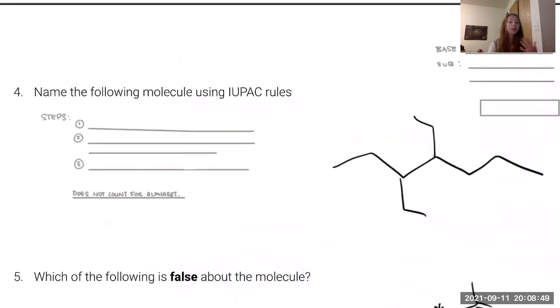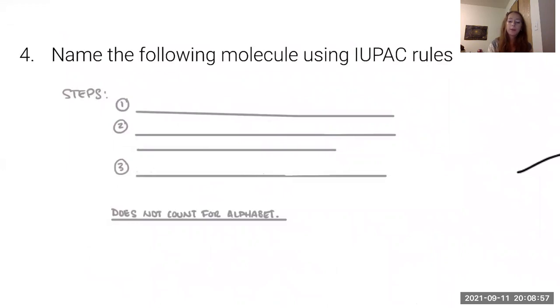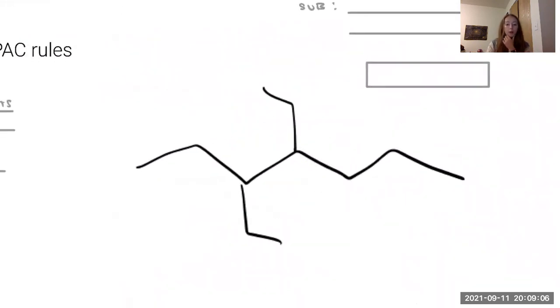This one is going to be some naming. If you watched the review, we went over the same steps, but the first step to naming a molecule will be finding the longest chain with the most substituents. And if we look over here, the way we do that is